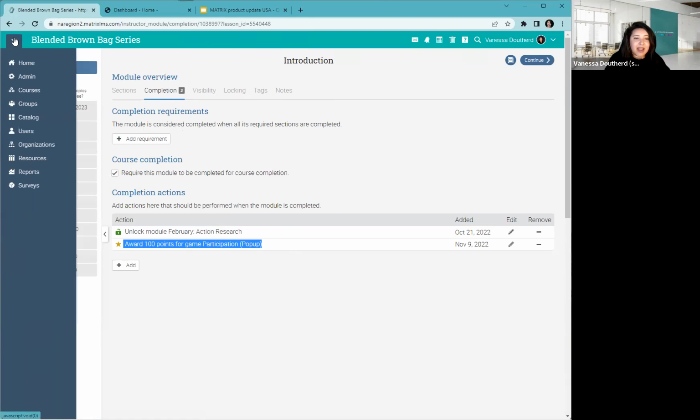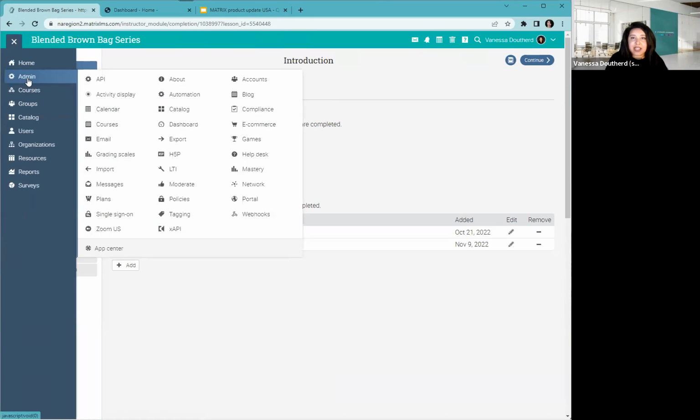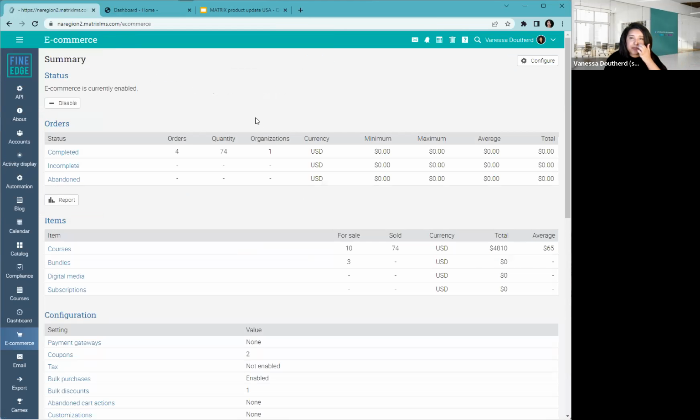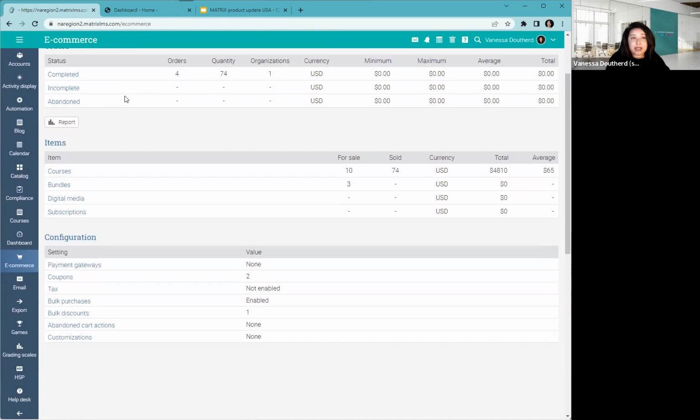So coming back to our admin panel, we have talked about APIs, accounts, automations, and we're going in alphabetical order. The next place we're going to stop is with the course. No, actually, let's go to e-commerce because this one's a little bit quicker. So with the e-commerce, what we're able to do now is within this summary page,